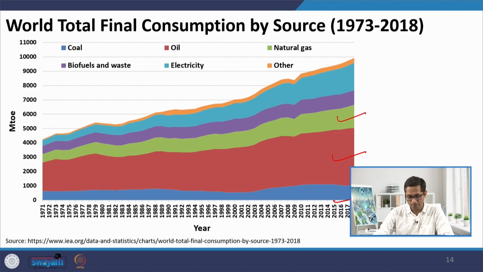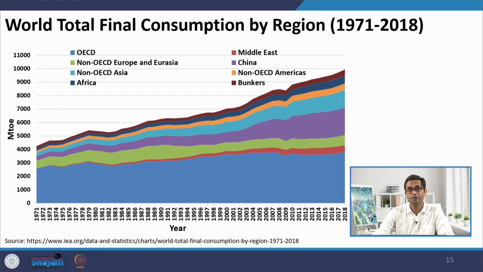And it's also interesting to note that this energy consumption has always been increasing in the past. Of course, there were a few hiccups in the past, like you can see the economic upheaval of 2008 making a kink here, and if you see the future data, you would have a similar kink for the COVID years as well. But as such, the energy consumption has always been rising, and this is something we need to be concerned about. We need to understand, if we keep on going with business as usual, there could be heavy CO2 emissions which could have not so great effects for the future of the planet.